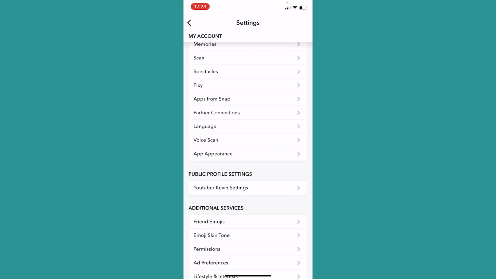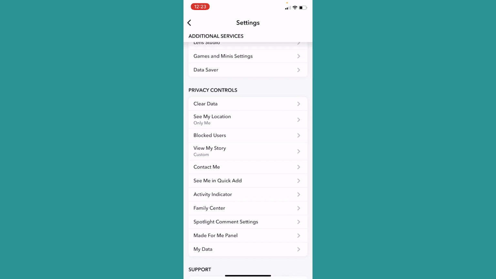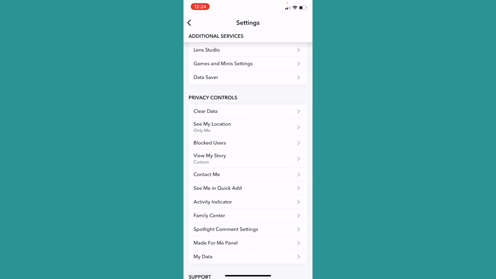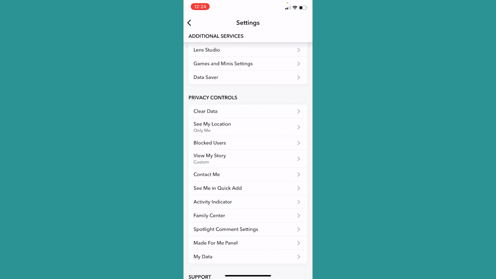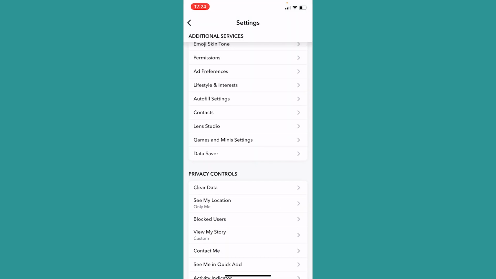Over here, you want to scroll a bit down until you come under Privacy Control. And under Privacy Control, you can see this option called See Me in Quick Add. Once you see this option, click on See Me in Quick Add and make sure you turn it off. Now, once you turn off your Quick Add, the next thing you want to do is scroll a bit up